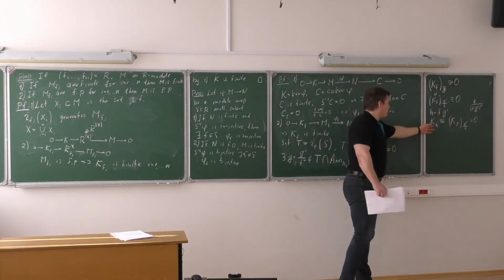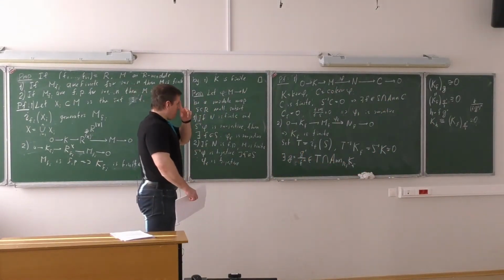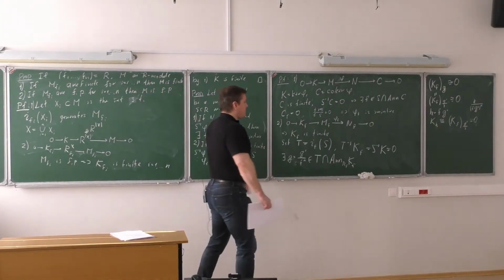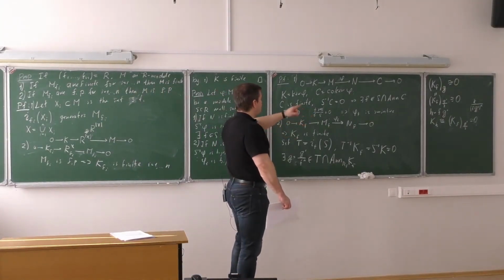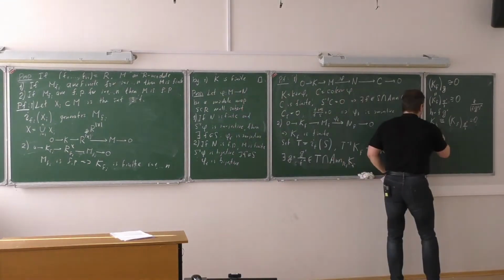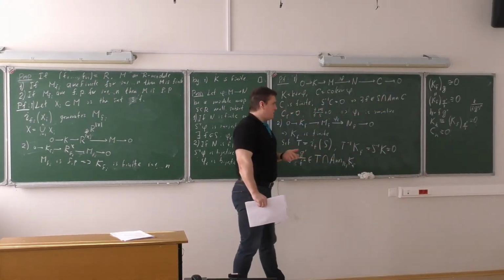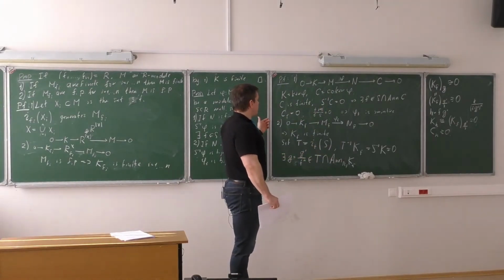So now this element is exactly the element f in the statement. Now I can start with the element, and I see that localization of the kernel at this element is 0, and also localization of the module C at h is also 0. Because when I invert h, I also invert f, and I already know this is true.